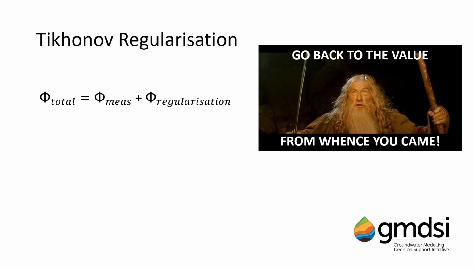beforehand. Pragmatically, what is usually done is to set a very low target objective function and calibrate, so essentially assigning very little weight to the prior knowledge. From that calibration, you determine the best possible fit you are likely to achieve with the model, and then you assign a target objective function which is slightly higher, usually 5 or 10%, and then repeat the process. This will usually result in almost as good a fit with more reasonable parameter sets, closer to or with a greater respect for your prior information or your soft knowledge.